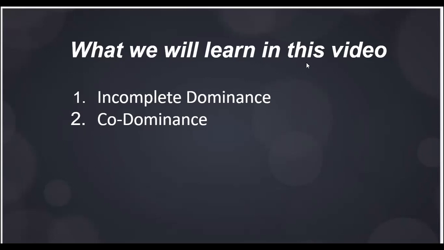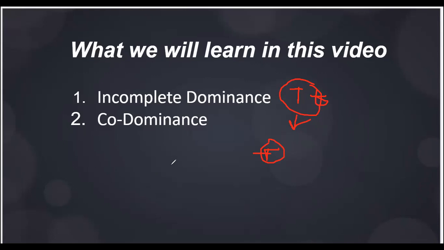So the first law that we saw was dominance, right? If capital T and small t is present in a hybrid condition, we know that the capital T will be expressed, because this is the dominant allele. But further studies were carried out after Mendel put forth these laws of inheritance. So scientists came up with other examples in the universe, plants or animals, which do not follow this law of